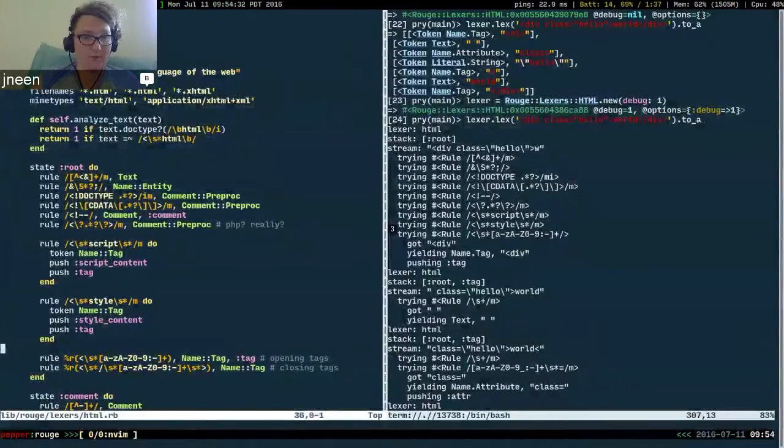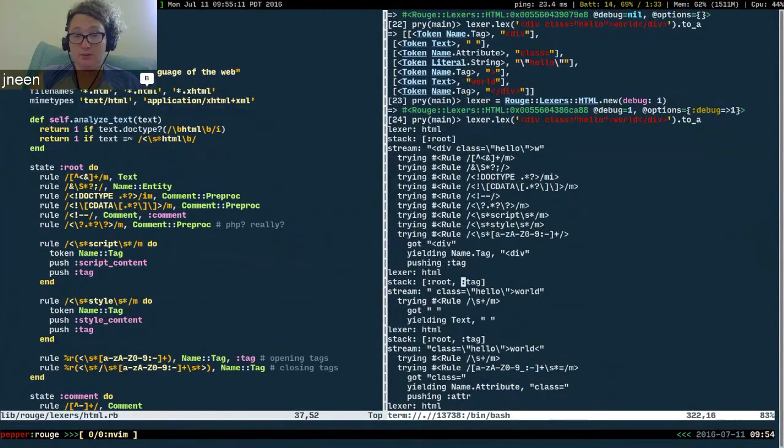Okay. And that is something to think about. Okay. So the rule that was activated here is this one, where we match looking for a thing that looks like a tag, and use the name tag token and push the state tag. Now, what is pushing a state mean? Go into that real quick. So we see in the next tick we have another thing on our stack because we've pushed tag to our stack,